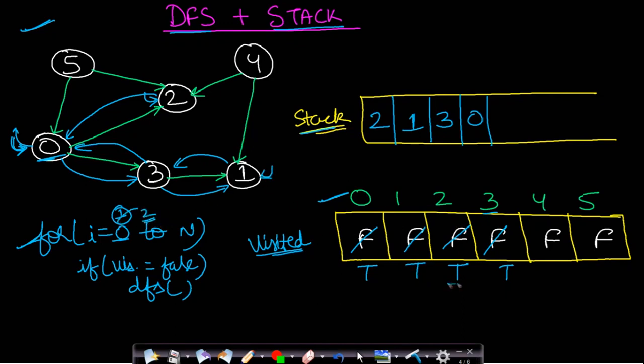Now 2 is also traversed. We try for I equal to 3. 3 has already been traversed. Now we try for I equal to 4. 4 is not traversed. Therefore we reach this 4 and make it traversed, that is, make it true. Now from this 4 there are two outgoing edges, but 2 has already been traversed and 1 is already traversed. So we will have to backtrack from this 4. Before backtracking we push this 4 onto our stack and then we backtrack.